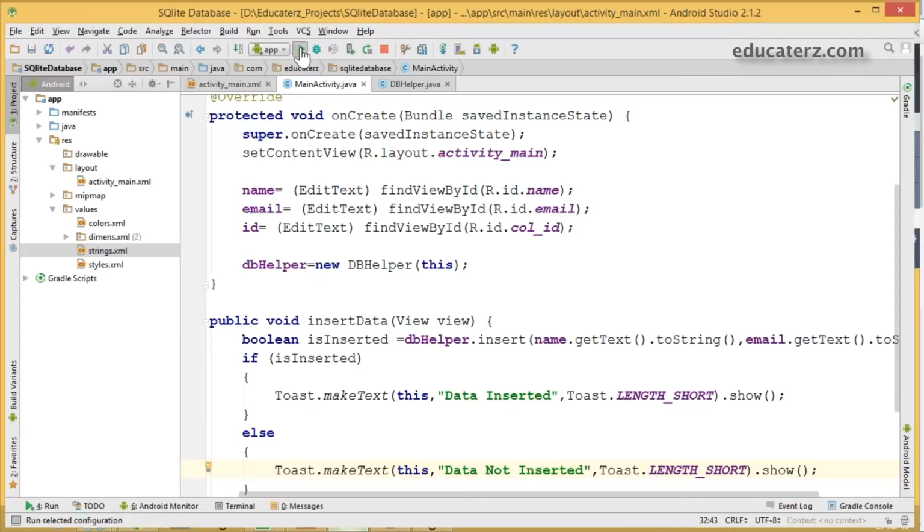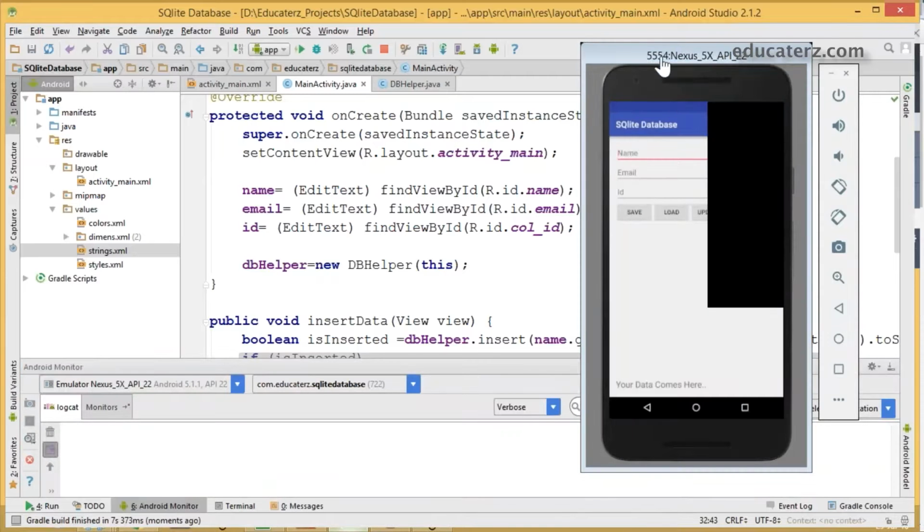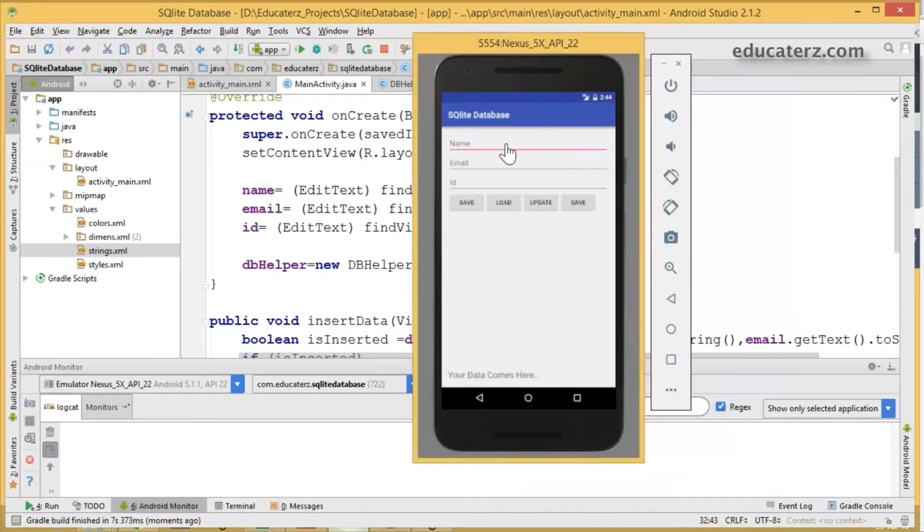Save this and run it on your emulator to see whether the data has been created or not. Meaning, from the UI we will insert the data into the database now. The activity has launched successfully. Now give the name. The first I'm giving is GVR, and the email ID is gvr@gmail.com. I don't require any ID for now because I'm not dealing with any update or delete. So simply I'll click on the save button. This is going to take only two values. It says data inserted, meaning the data has been successfully inserted into the database.